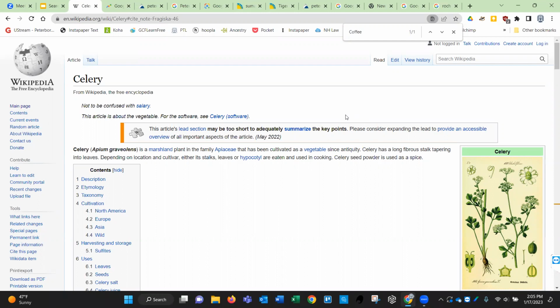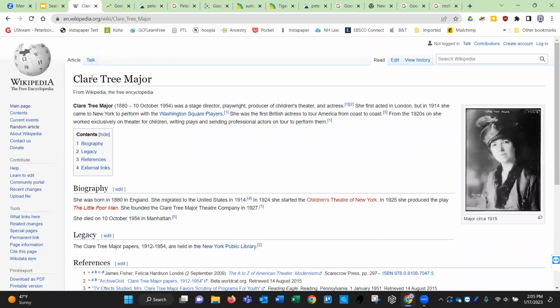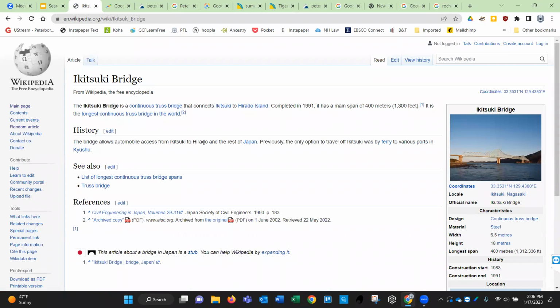The other thing that's a lot of fun, personally, is if you have way too much time to kill, you can play the Wikipedia game. The Wikipedia game is where you try and get from article A to article B in as few clicks as possible. And you play this game by clicking on random article, reading about this person or writing that down, and then you click on random article again.